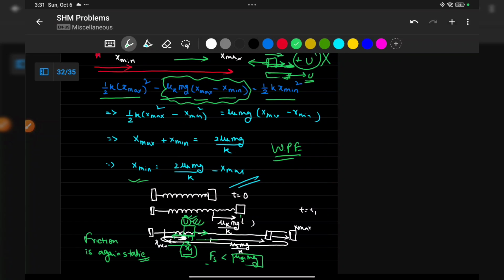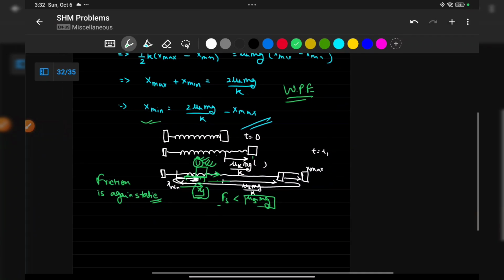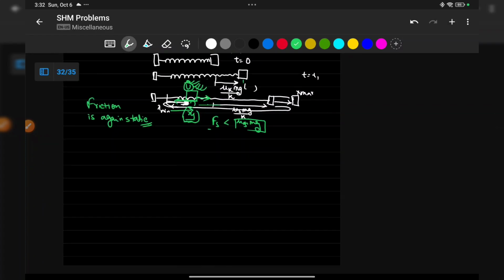The motion is that the block, if you draw the whole thing, this is x min, this is x1, this is x2, this is x max. So the block goes from here to all the way here, to all the way here. This part is SHM, because it follows the SHM equation. Then this part is